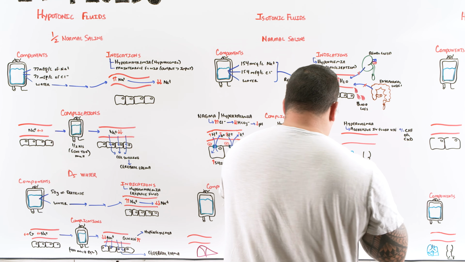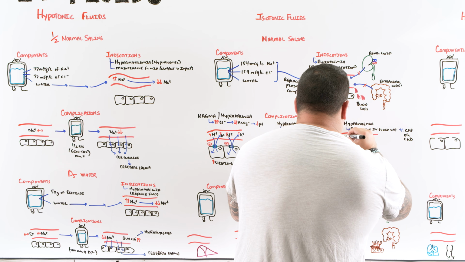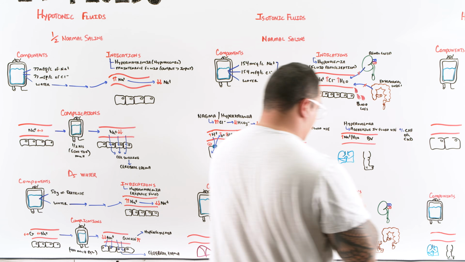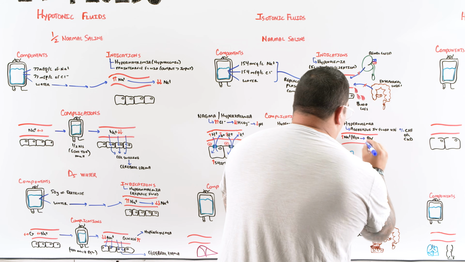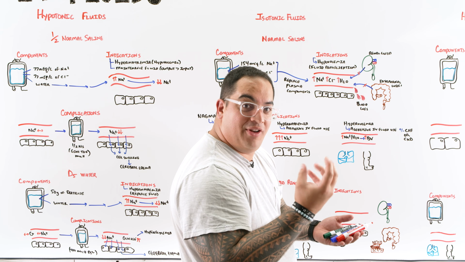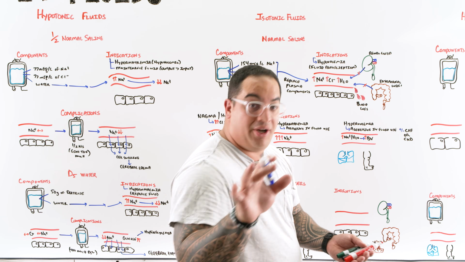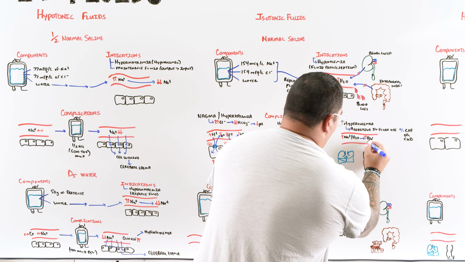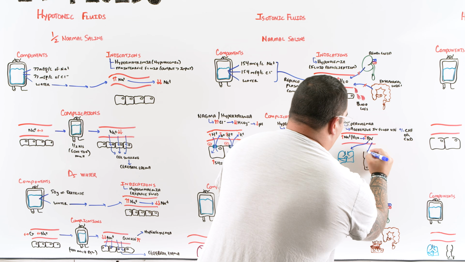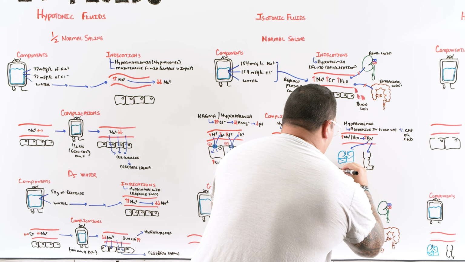Well, if you give them lots of sodium and water, what are you doing to their blood volume? You're expanding their blood volume. If you expand their blood volume, what can happen is you can increase the osmotic pressures in your vascular system. And when you increase the hydrostatic pressures, you can cause fluid to leak out into the alveoli, into the pleural space, into the legs, right? And so these patients are at high risk for pulmonary edema